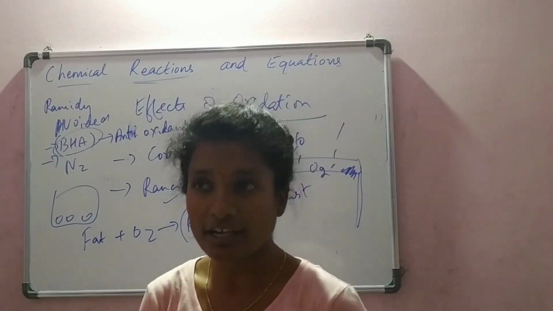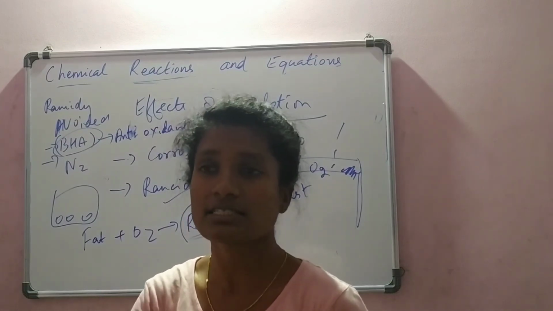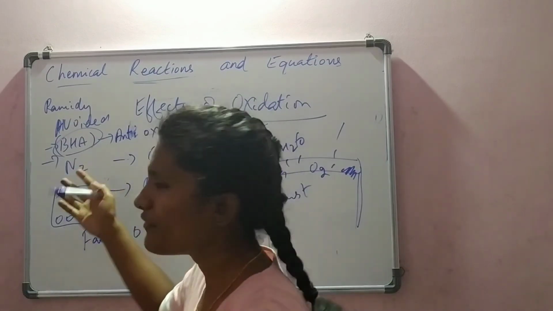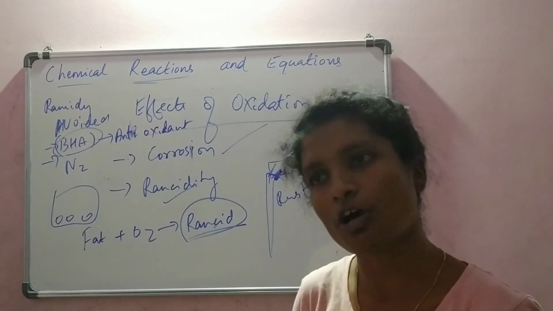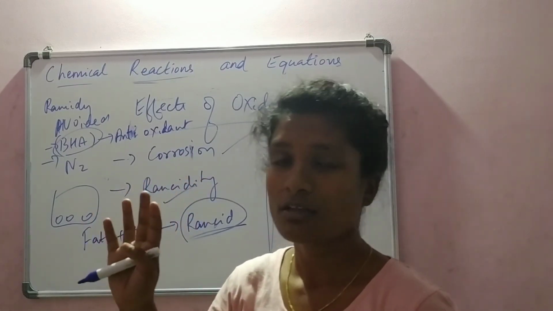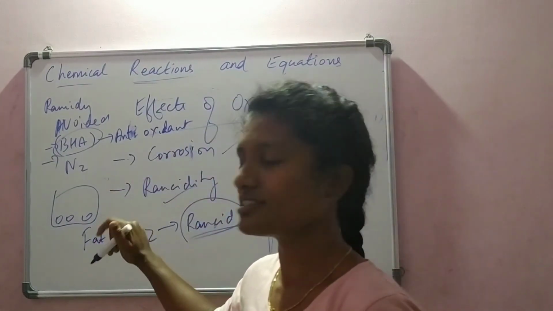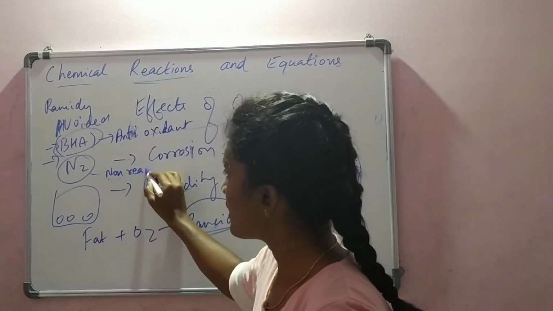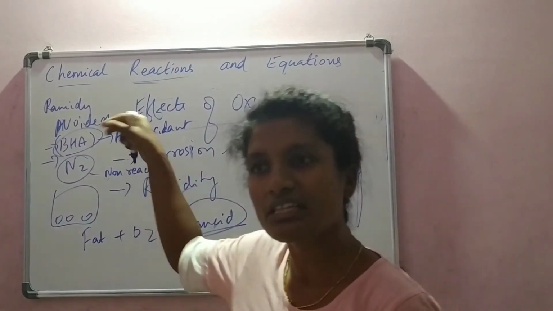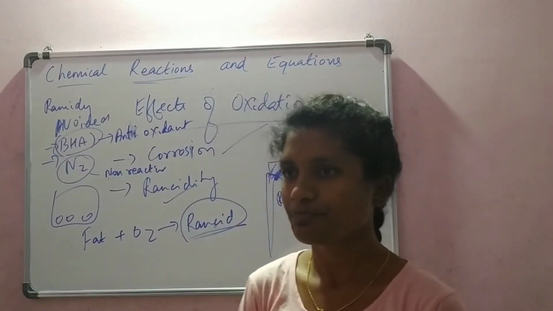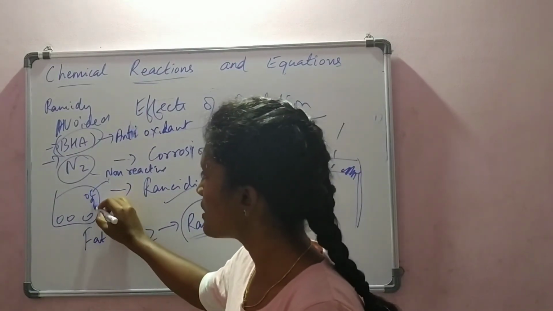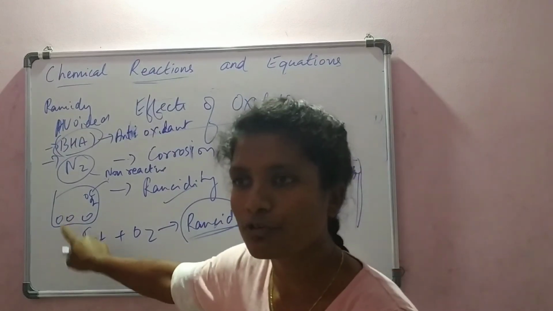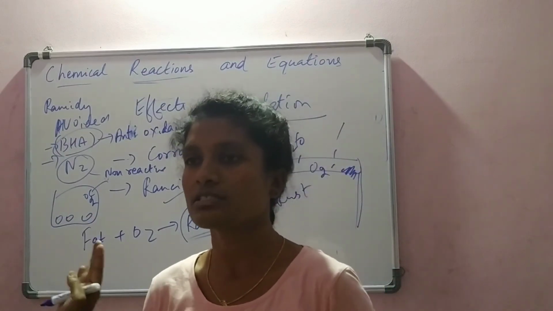It is nitrogen gas. Nitrogen gas is a non-reactive gas. We could have filled it with carbon dioxide, carbon monoxide, sulfur dioxide, right? Those are all more dangerous than oxygen. But nitrogen is a non-reactive gas. Hence, we fill that into the food materials. So if oxygen comes, it will not react. It will not allow the food to react. Hence, the food is safe.